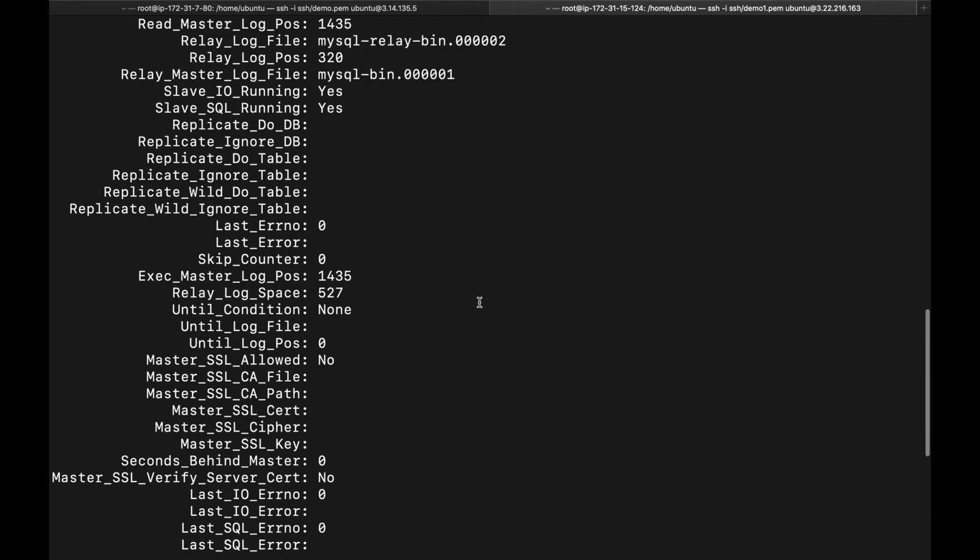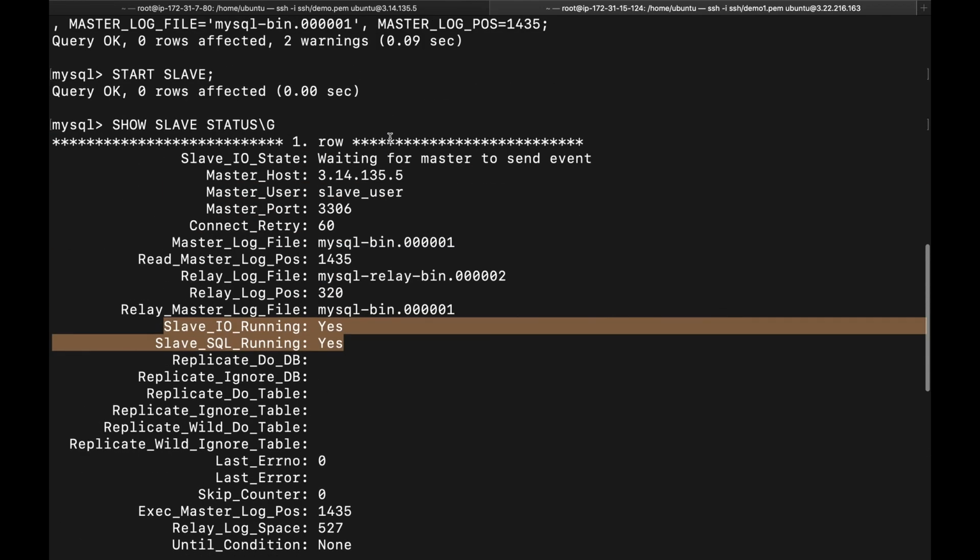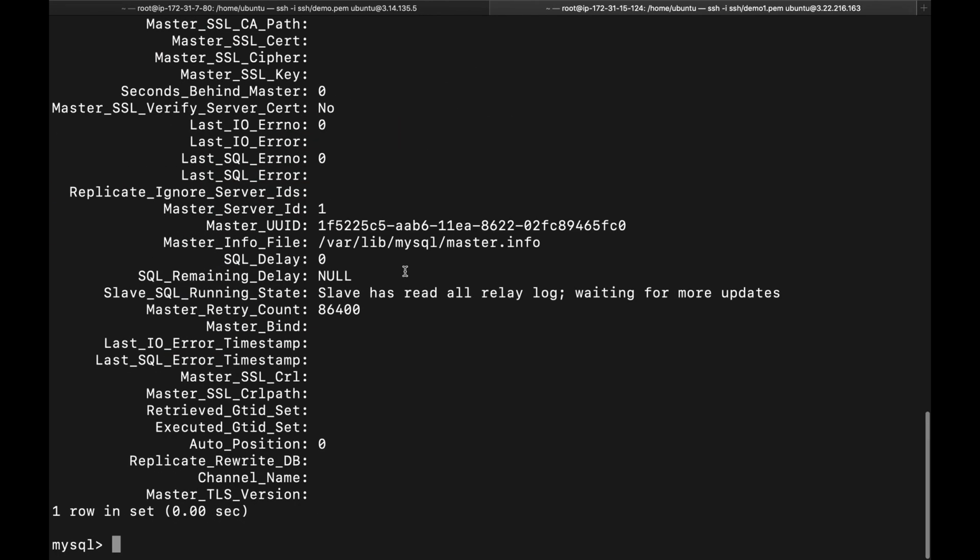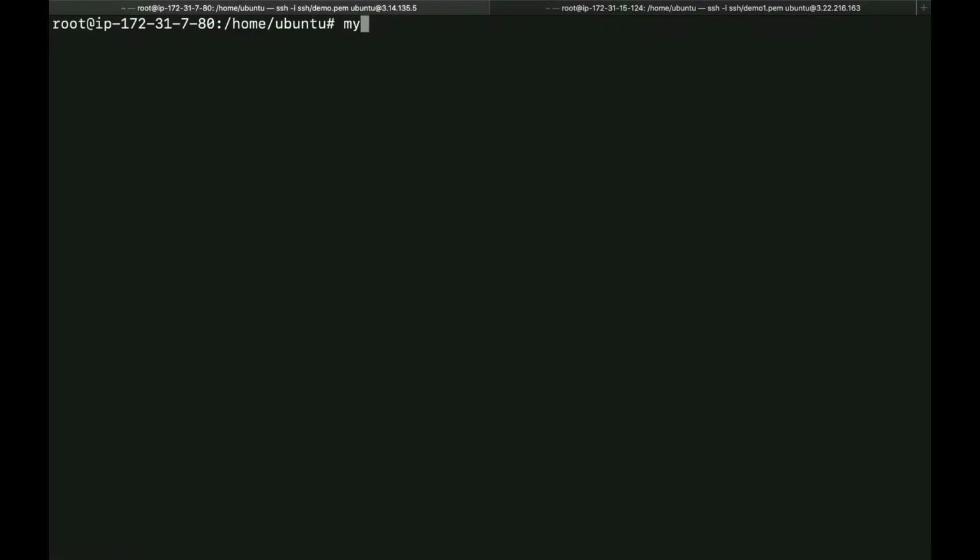Enter. Now you can see there is no error, and the slave IO is running and the slave SQL is running. So there is no error. Now you can check your MySQL server.